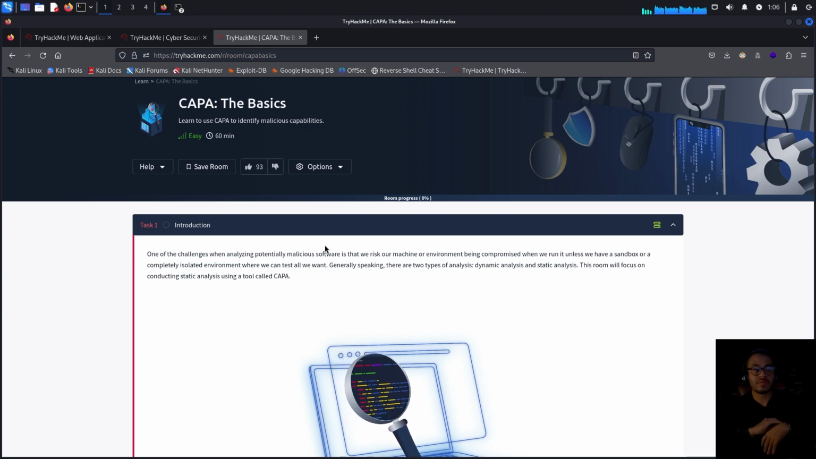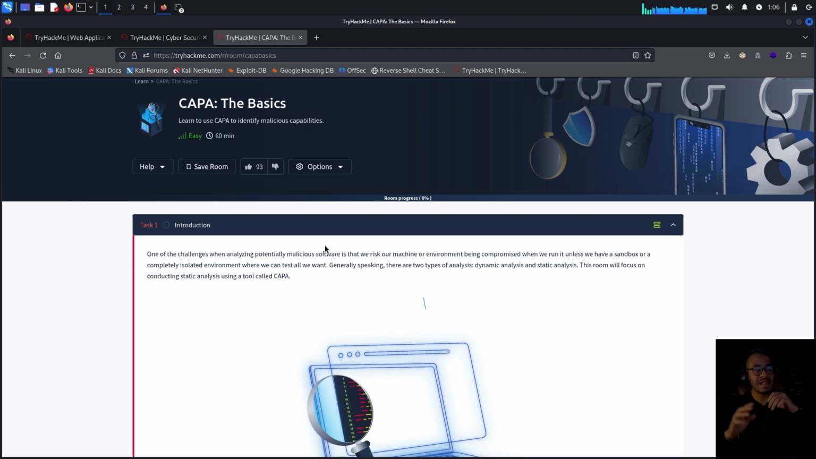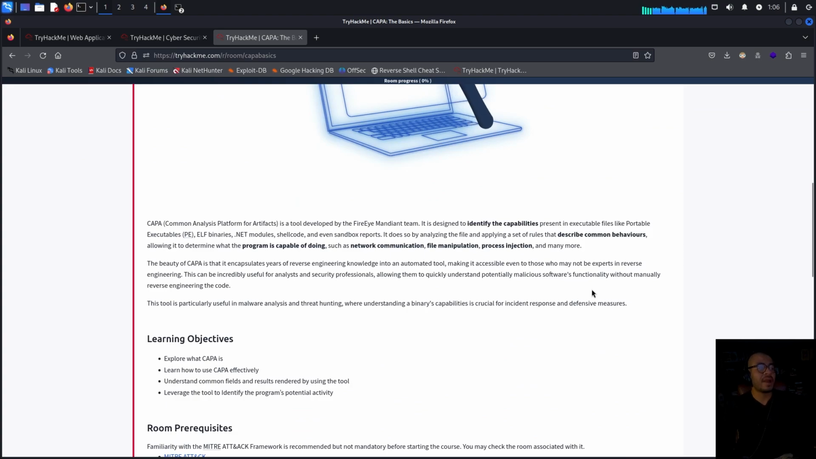Generally speaking, there are two types of analysis, dynamic analysis and static analysis. This room will focus on conducting a static analysis using a tool called CAPA. CAPA, Common Analysis Platform for Artifacts, is a tool developed by the FireEye team. It is designed to identify the capabilities present in executable files like portable executables (PE), ELF binaries, .NET modules, shellcode, and even sandbox reports. It does so by analyzing the file and applying a set of rules that describe common behaviors, allowing it to determine what the program is capable of doing, such as network communication, file manipulation, process injection,